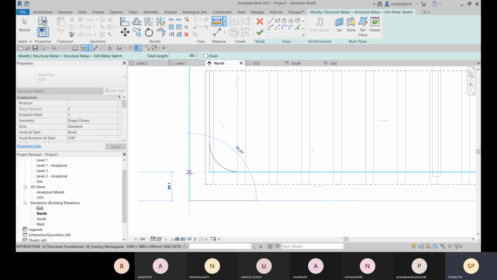So that is fine. Okay, so the gap is fine.